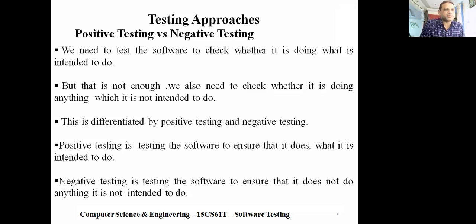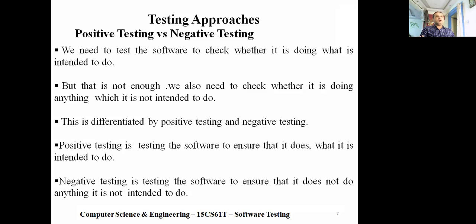Positive testing is testing the software to ensure that it does what it is intended to do. Whatever output the program generates, if it is correct, accepted, or the required output, then we say it is positive testing. If the software is generating output which is not required or not intended, we call that negative testing.